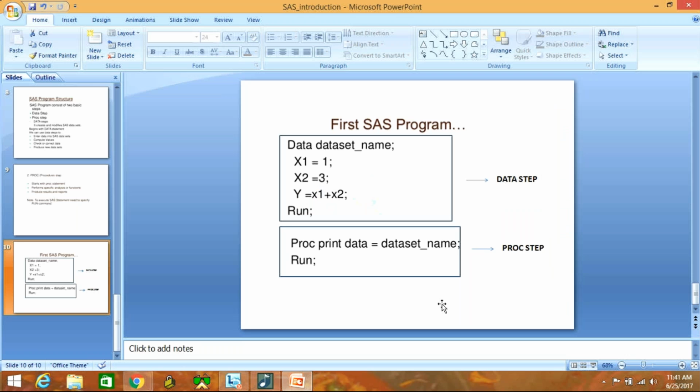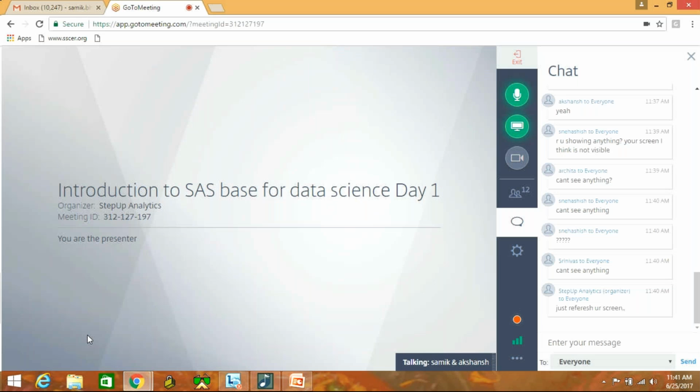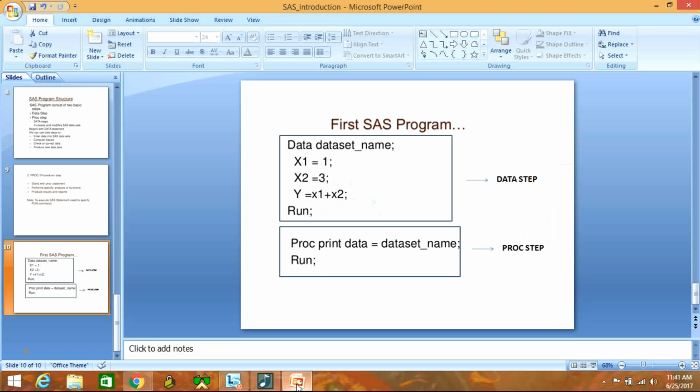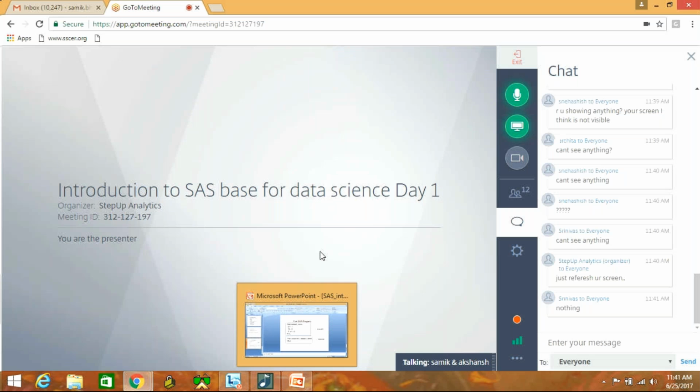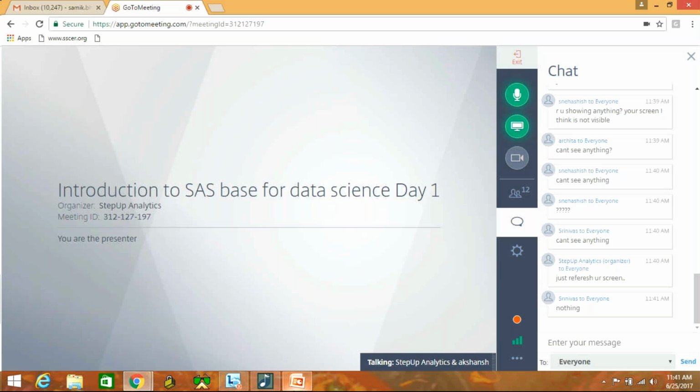It says first SAS program. There seems to be some problem, let me just refresh it once. But I'm able to see the screen. I guess there's an internet issue from your end, guys.